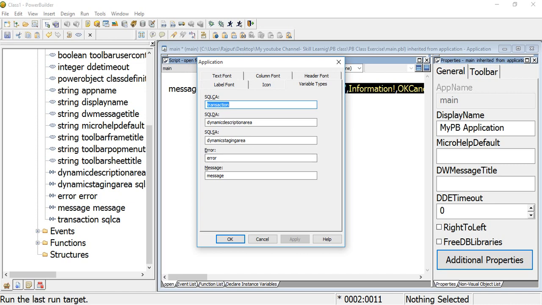These are three main things. I will make a separate video on these three, and then we discuss them in more detail. But for the basics, you should know that SQLCA is the transaction object, and when any error at the application level occurs, the error object comes into the picture, and the message object.